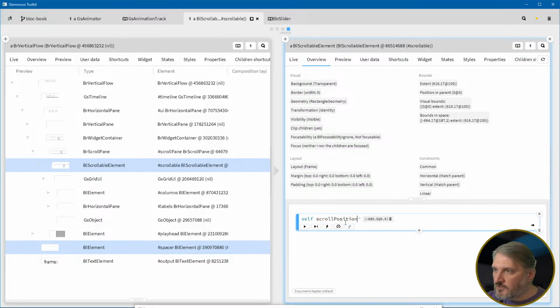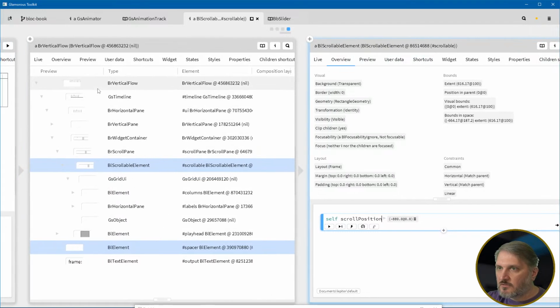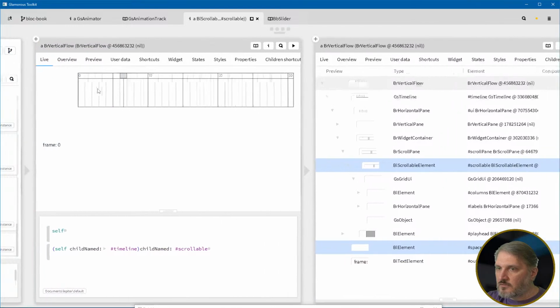Scroll position. Print it. -880. Okay, so I did get scrollable, but somehow